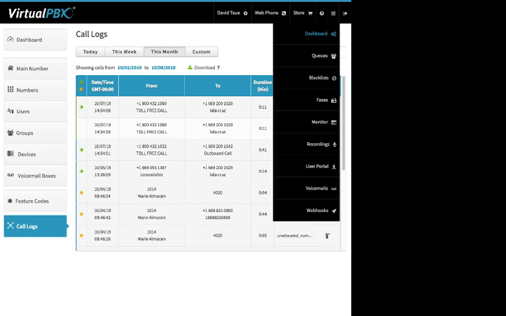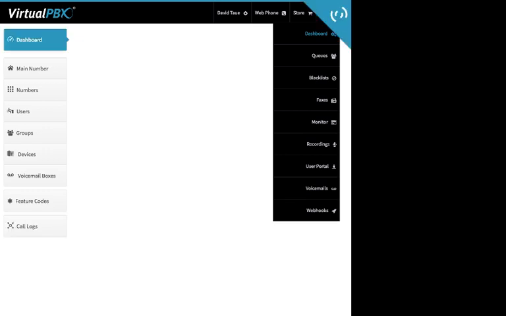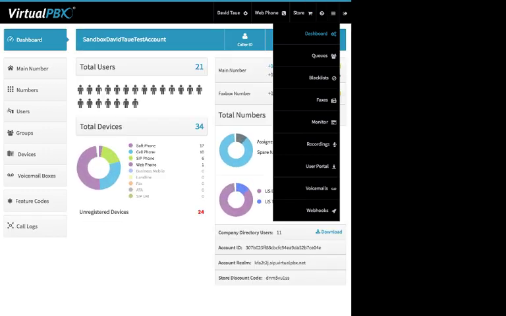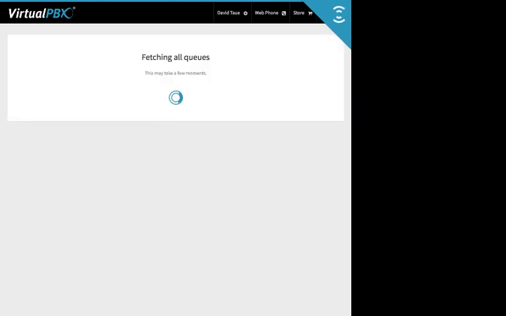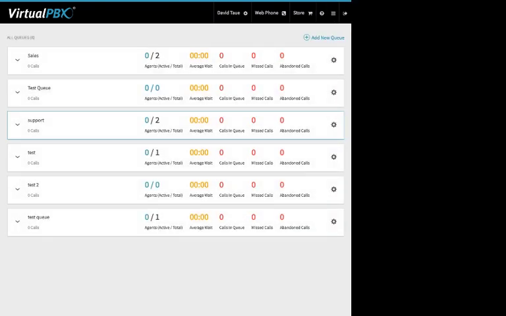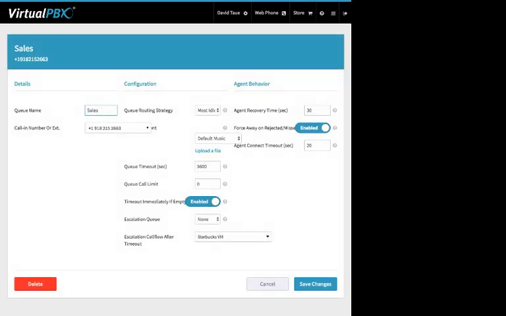Up here, as you kind of noticed, this is your main navigation throughout different aspects of the account. So right here, dashboard, which is what we've been on. Next up, we have queues, or ACD queues. ACD stands for automatic call distribution, essentially a call center feature. It offers some different routing options than a ring group. So ring group is pretty much everyone all at once or people in series are the main options, whereas in a queue,